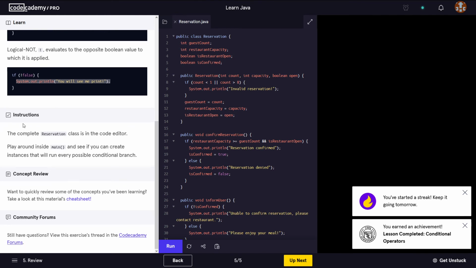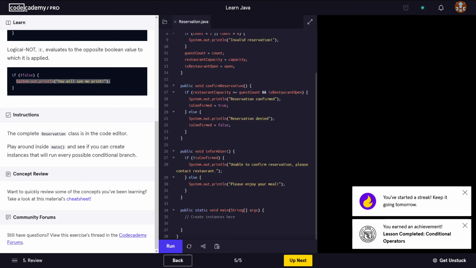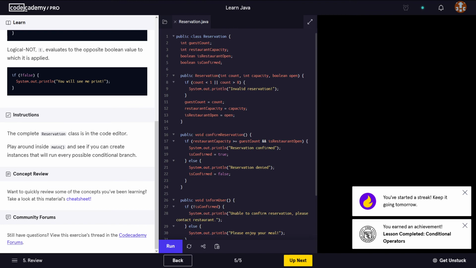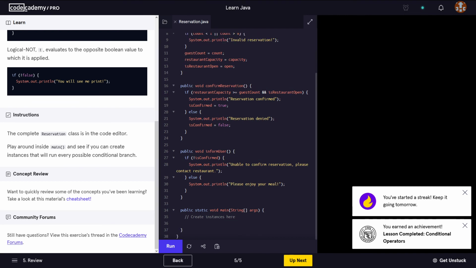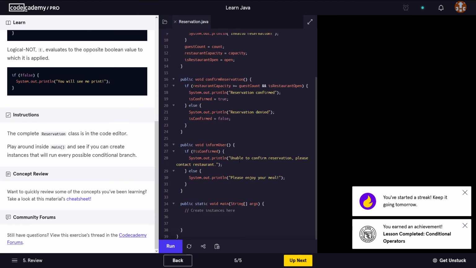If we have a look at the instructions, it says the complete reservation class is in the code editor. Play around inside main and see if you can create instances that will run every possible conditional branch. Let's create a few instances here. So to create an instance of this class, we're gonna say reservation, okay? Because that is gonna be the type of the object. So we have reservation, and we're gonna call it res1, like reservation 1,